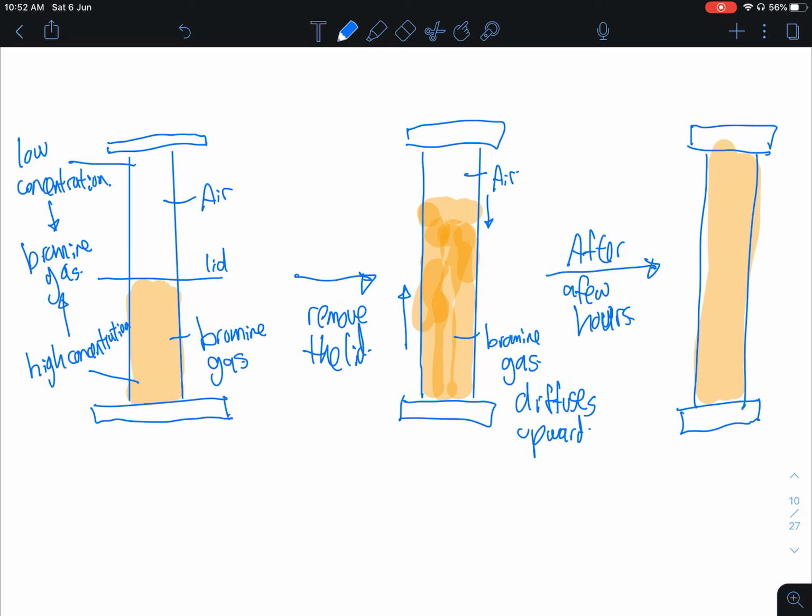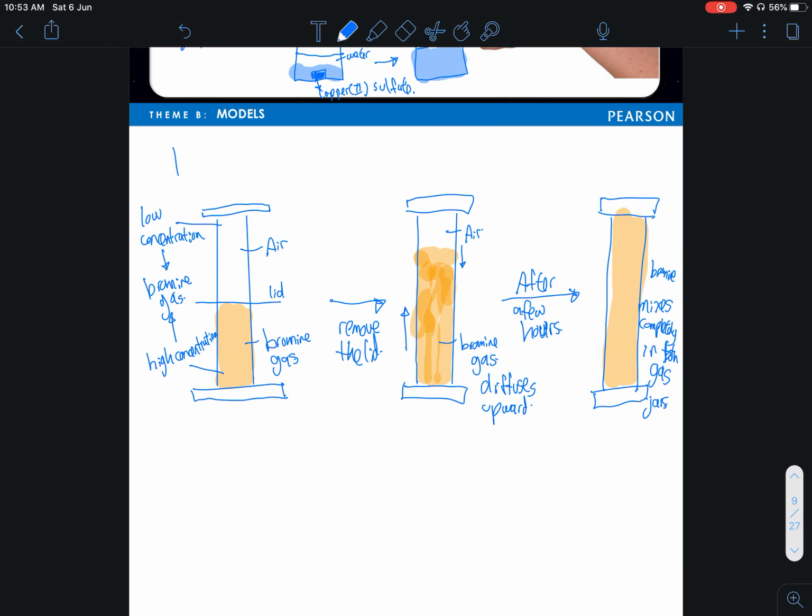Okay, this is when the bromine mixes completely in the gas jar. Okay, so this is how the whole action of diffusion occurs, where after a period of time you actually remove it. Okay, yeah. So this is for diffusion